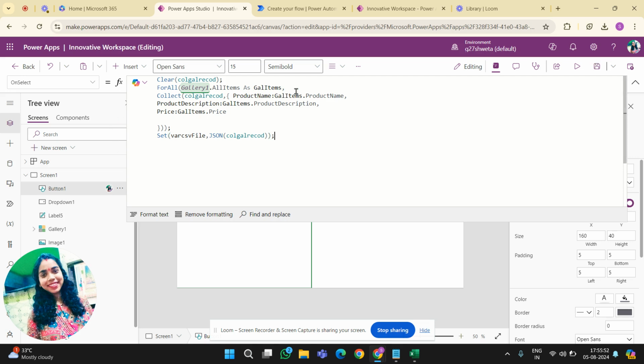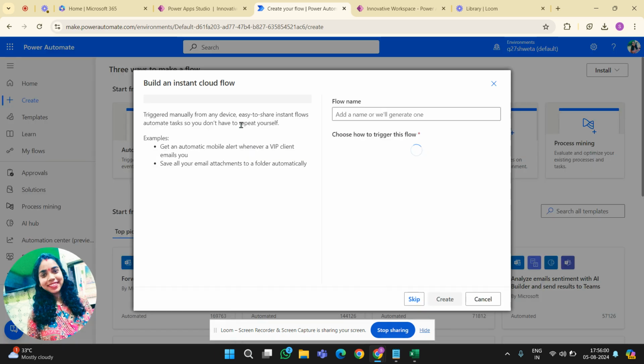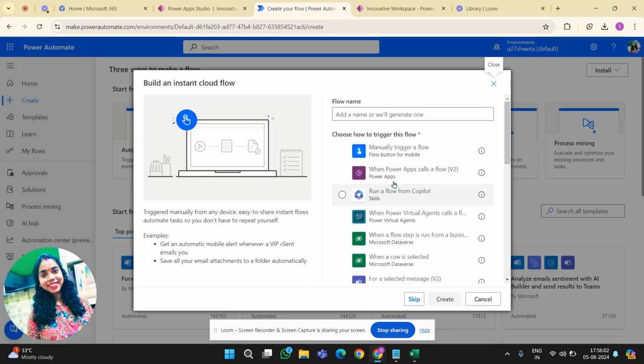Now we need to create a flow. Let me create a flow, which is an instant cloud flow. Here we need a trigger named Power Apps, export to Excel, create.